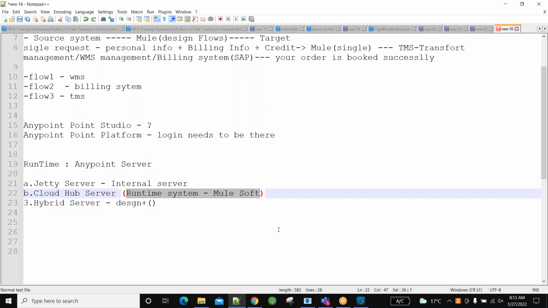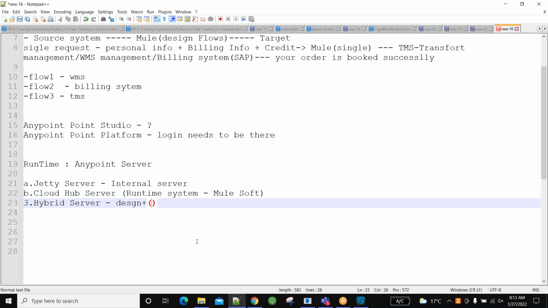That kind of complexity still exists for some clients, especially banking projects. They always move forward with some doubts. So they simply say, hey boss, we will design ourselves and make our own server. We will create our own server on premise. Sorry, it is not hybrid. It is on premise. It is my mistake.